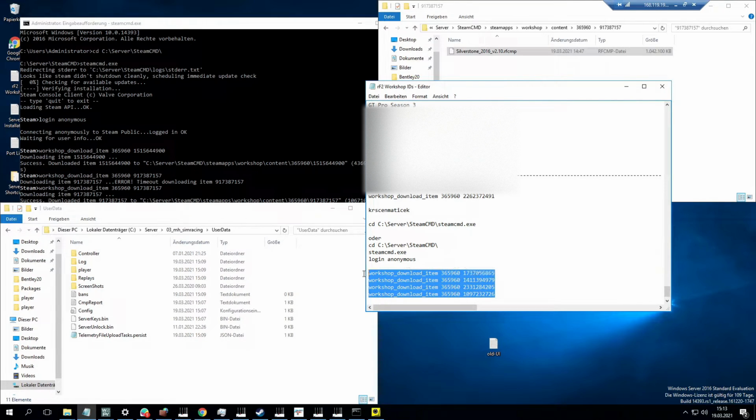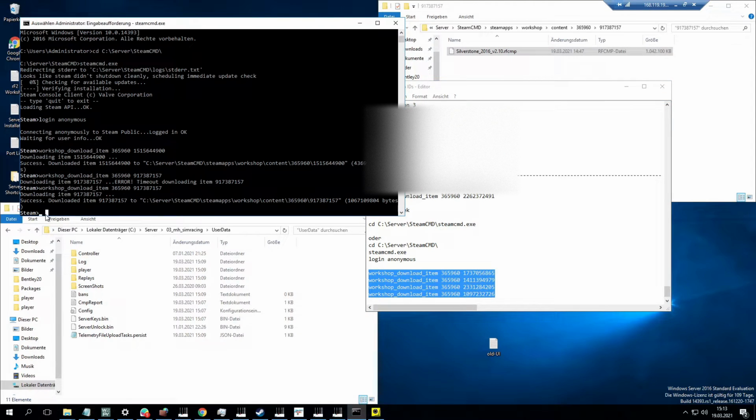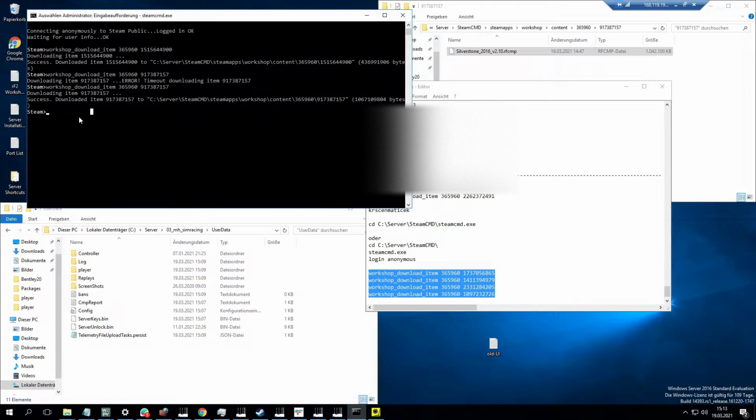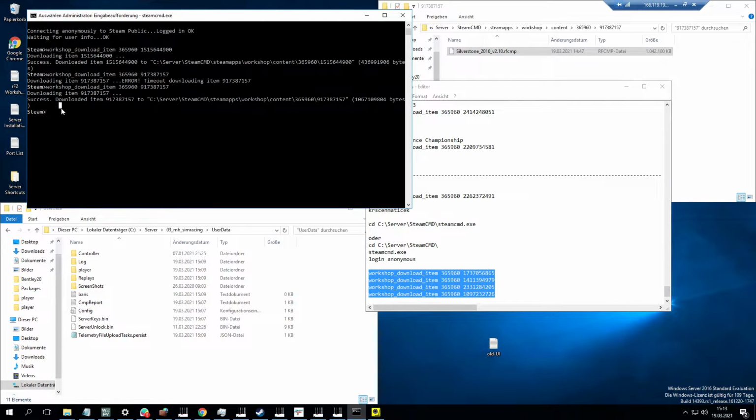You can take all those packages, put them here, just paste them inside the Steam CMD. Did that die on me? No. Copy. And then you put it in, Control and V, and it will automatically download the first thing. Then once that is done, it will just trigger the next command. I've added like 15 contents to the list, and it just automatically downloaded them